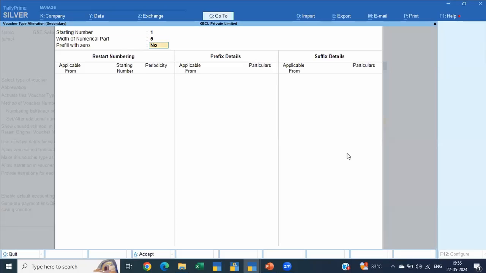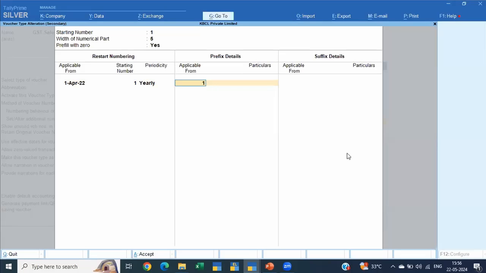Those are the things. Do you want to fill them or not? Otherwise there's no point of a width. Now, what is your applicability from where and what would be your periodicity? Yearly, daily, monthly, quarterly, as your requirement is. Generally, yearly.